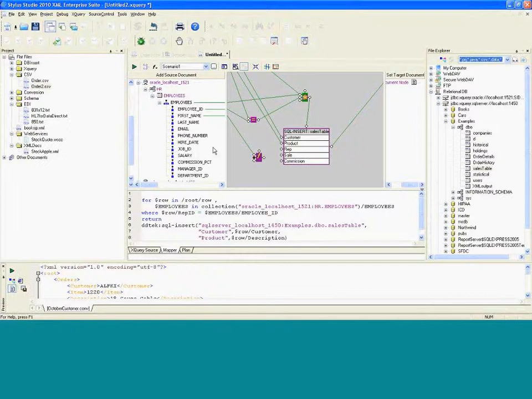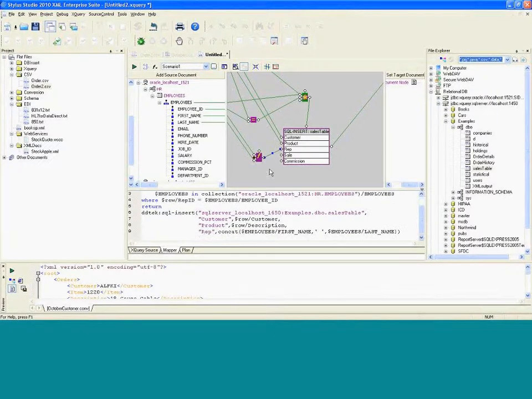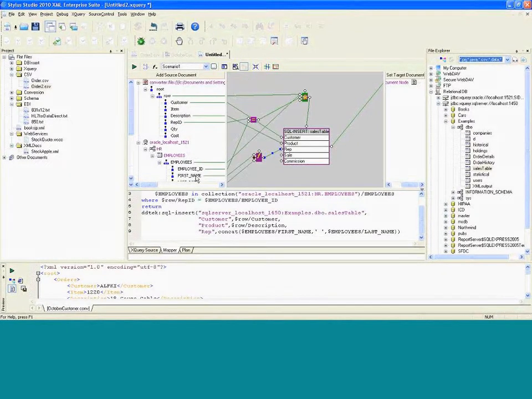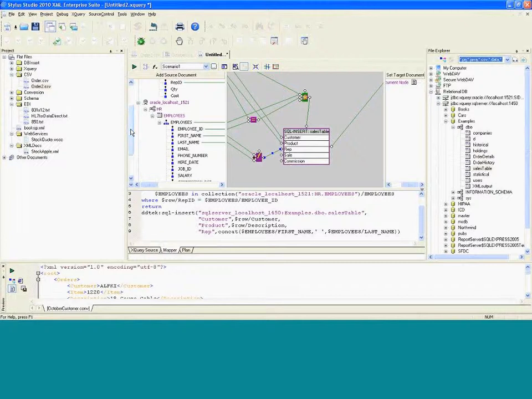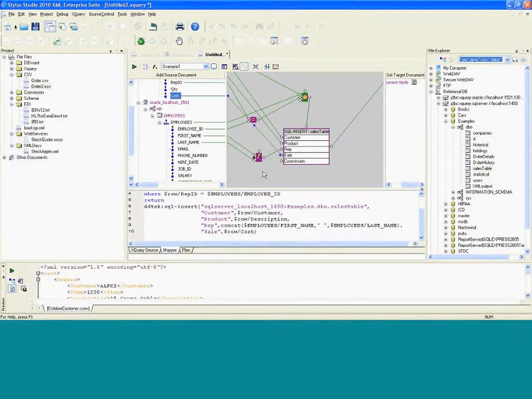So now I can say I want to take in my first name. I want to add a space between my first and my last name. You'll see how it turns purple, meaning it's accepted the value. And then I want to put in the last name so that you can then export out a combined join of the employee first name and the last name. You can then go and link it to rep so that you complete the cycle or the circle where you've joined together now your employee's first name and last name according to the rep ID pulled off of that order form. Okay? Now let's say you want to go and finally say, okay, I want to add one more thing, which is the cost of the sale, and hit final.